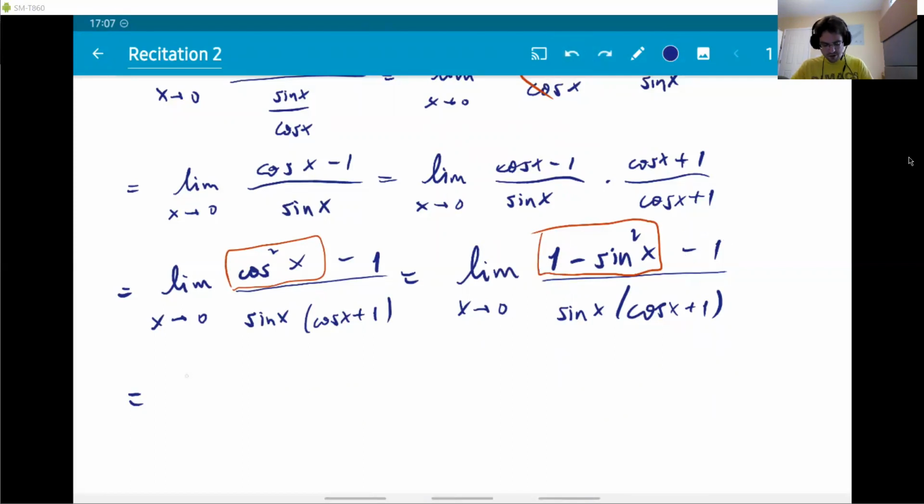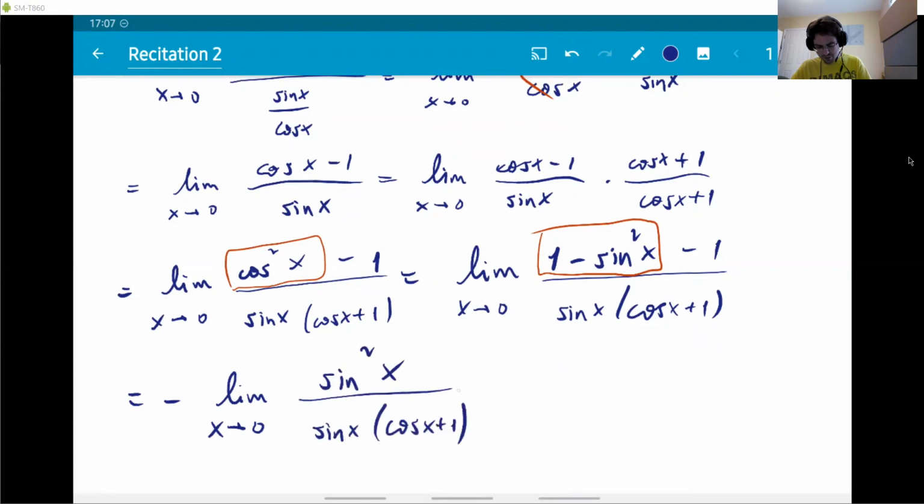I can move that minus outside of the limit. You don't have to, but it's good to simplify as much as possible, like that, to clean up the formula. And now you have a sine square above and just sine below. You can cancel one of those powers. You are still going to have a sine at the top and nothing in the bottom. So what happens? Minus limit